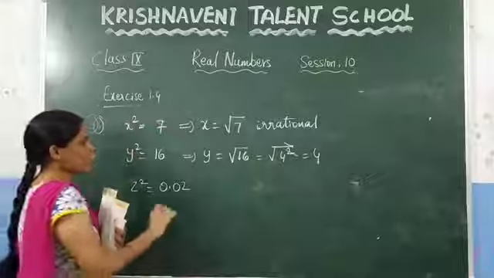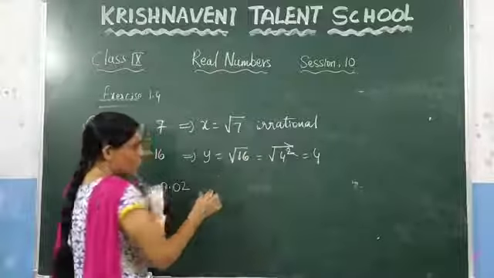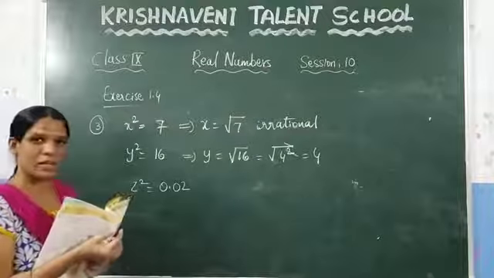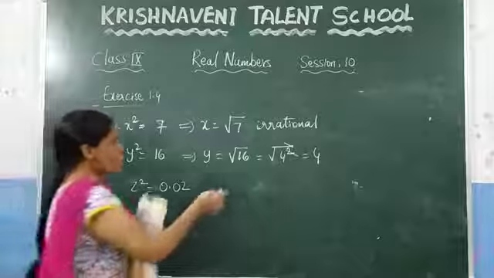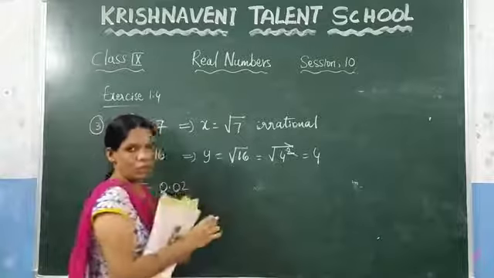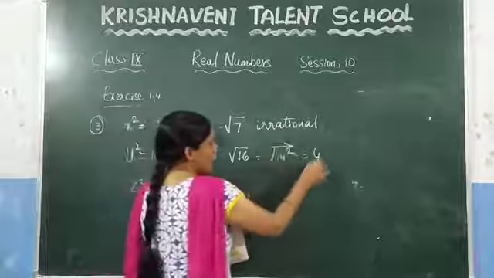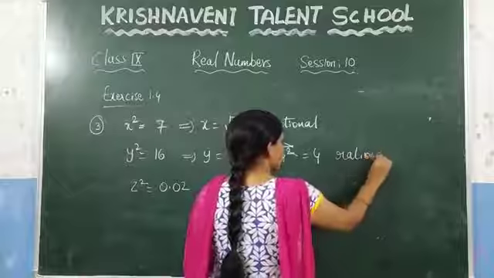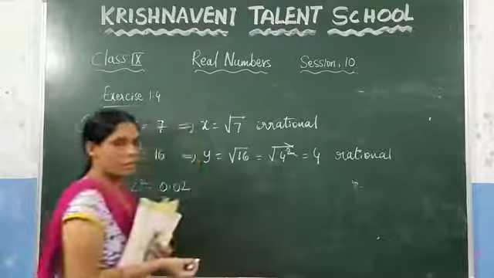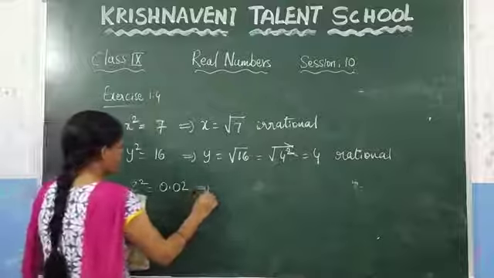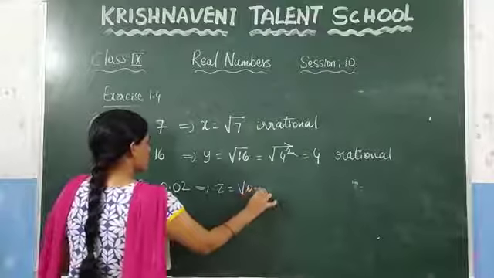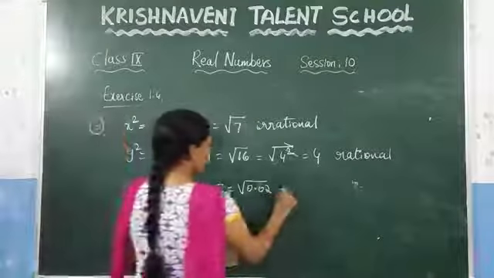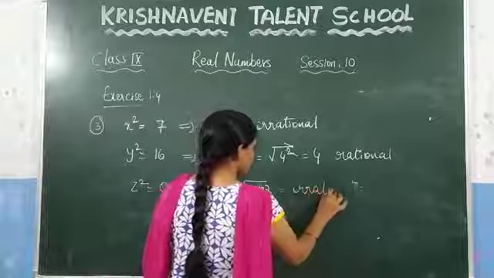So here you need to check whether this number can be written by multiplying the same number. If it can be written by multiplying the same number, then you can find the square root of the given number. So here you can write 16 as 4 into 4. This square and this root will get cancelled. You will get 4, and you know that 4 is a rational number because you can write 4 as 4 by 1. And after that, z is equal to 0.02. You know that it is an irrational number. So write it here. It is an irrational number.